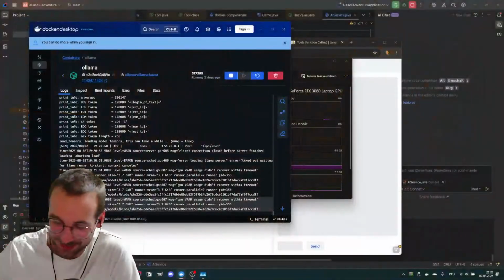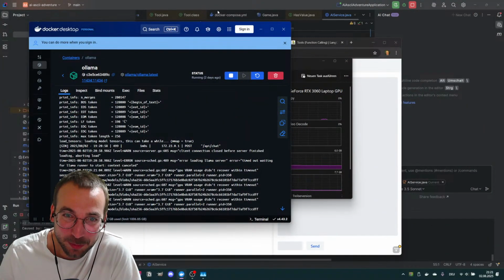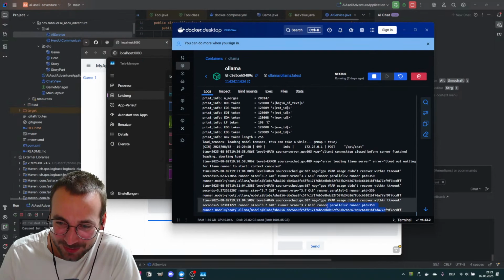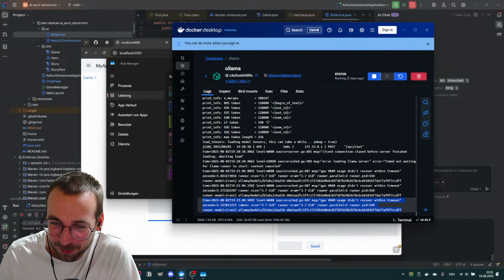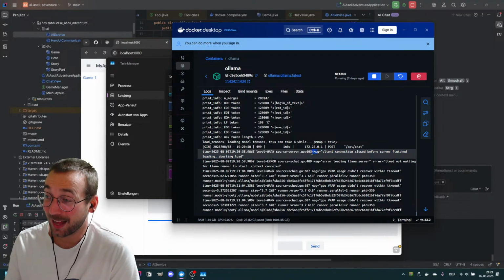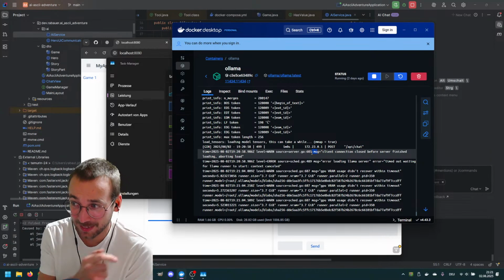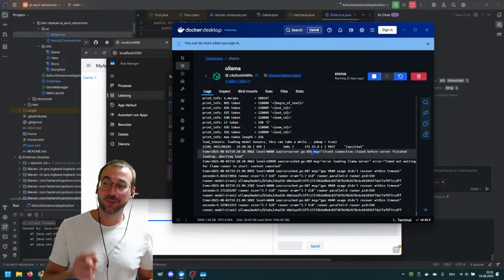Wait a second. Yeah, okay. No, I thought... I switch it back. I thought there was some progress here, but I think something is really wrong. Runner size 3.7 gigabytes and something was not running right. Close before server finished. Ah, so we have a timeout in LangChain4J. We can fix that